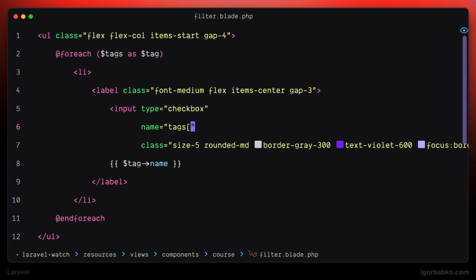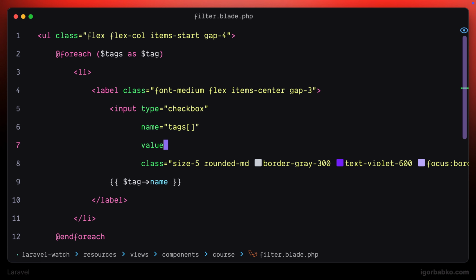Here I'm using array notation because we're going to send all checkboxes in a single array. And each checkbox represents an individual tag identifier. That means that the user will be able to select more than one tag. And of course, to differentiate those checkboxes, we also have to assign the value attribute with the proper tag identifier. So after form submission, all selected tags are going to be available under an array with the name of tags in